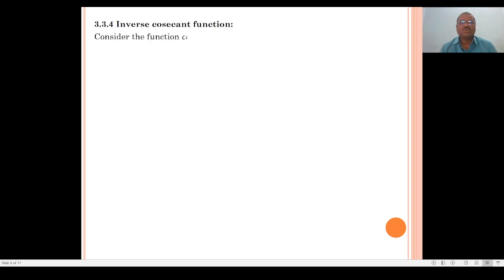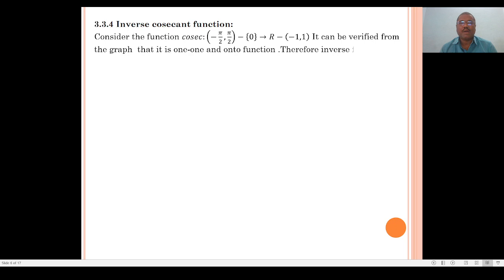Next, the inverse cosecant function. Consider the function cosec from the open interval minus pi by 2 to pi by 2 minus 0 to R minus the open interval minus 1 to 1. It can be verified from the graph that it is a one-one and onto function. Therefore, the inverse function exists and it is denoted by cosec inverse. Thus, cosec inverse from R minus the open interval minus 1 to 1